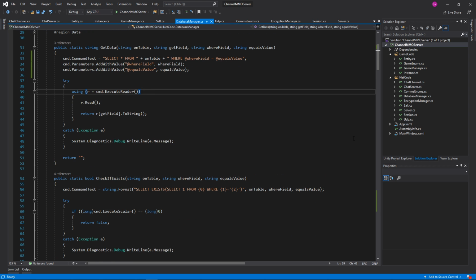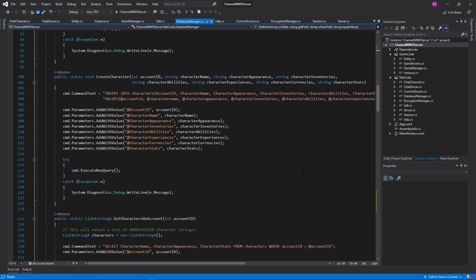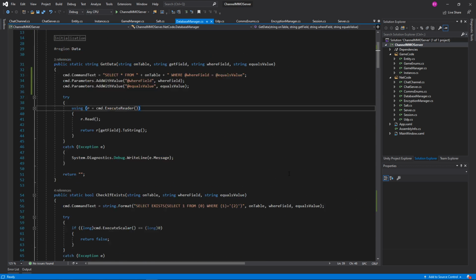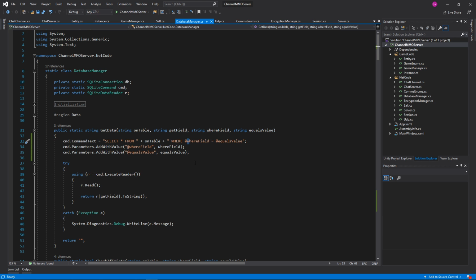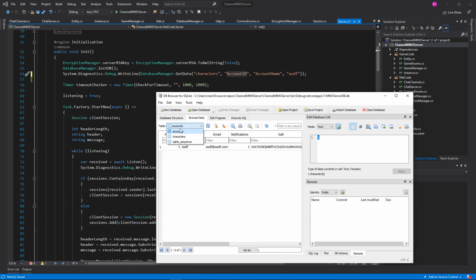I don't believe we need to call command.prepare. We haven't needed to previously. So this really should be working. But it's not returning any rows. Well, let's try grabbing something from the characters. Because maybe it's just a problem with accounts for some reason. Let's try grabbing character name,